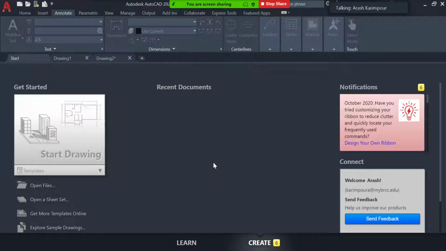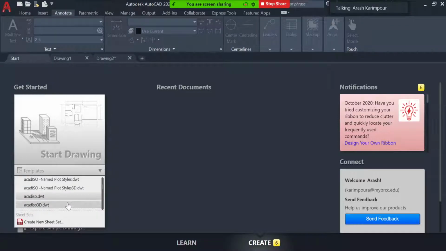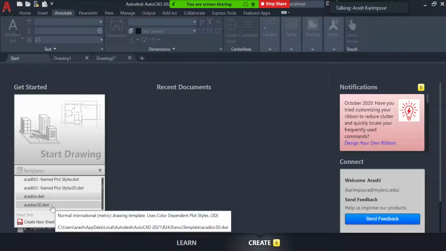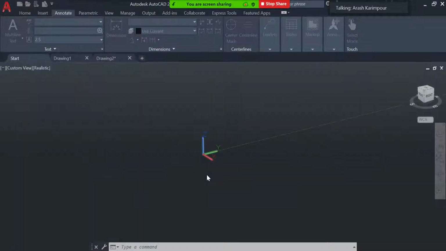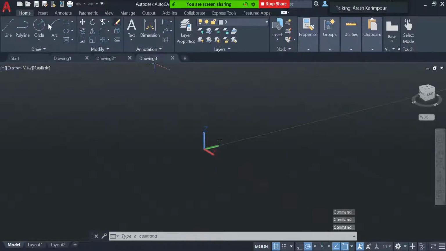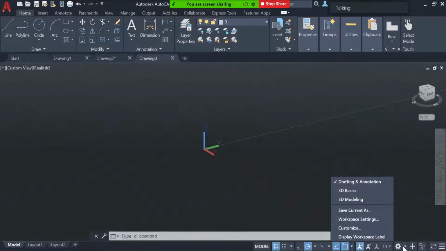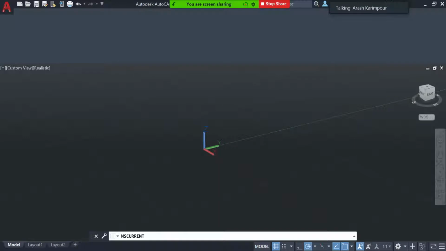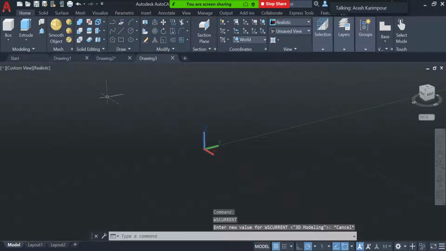Okay, now let's look at how we can use the user coordinate system in three dimensions for 3D drawing. Again, I come here and start the AutoCAD ISO 3D to start a new 3D modeling. And if you don't see the 3D menus up here, click on this gear here and click on 3D modeling to change the menu to 3D modeling. After we have that,